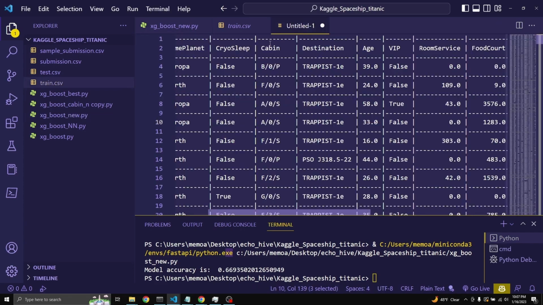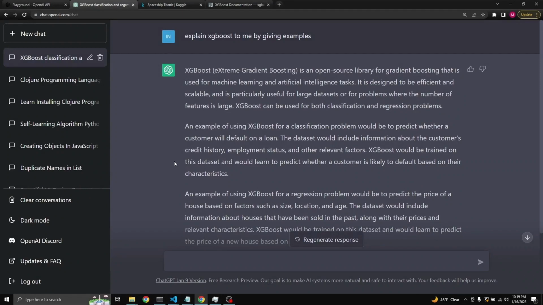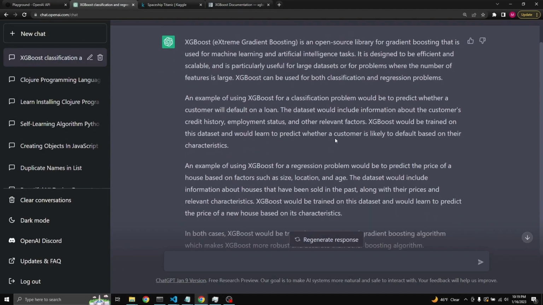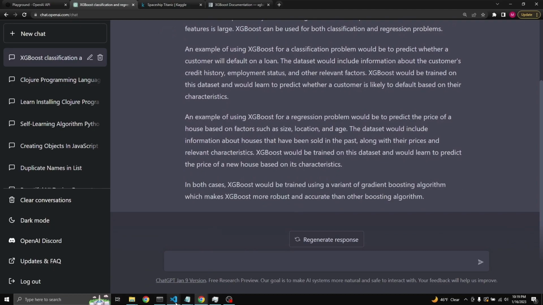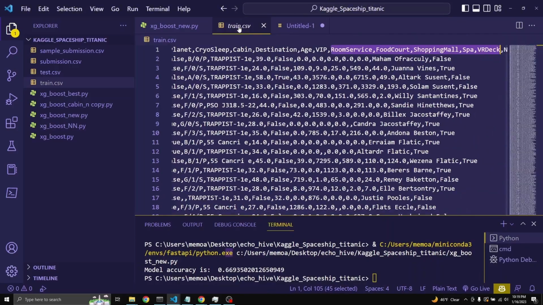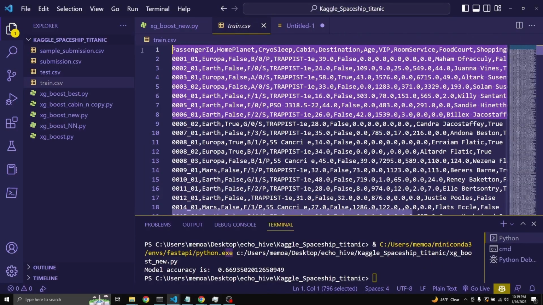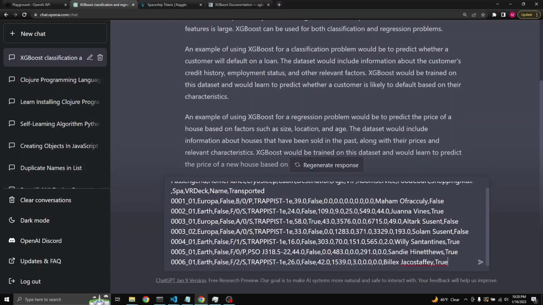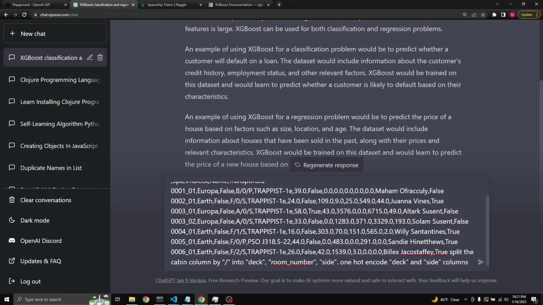Next, let's try to unpack this cabin situation. Let's use ChatGPT to figure out the cabin column. Here I had already asked what XGBoost is about, and you can pause the video and read it if you like. But what we're going to do is actually copy some of these columns as a context for ChatGPT, paste it, and then I added